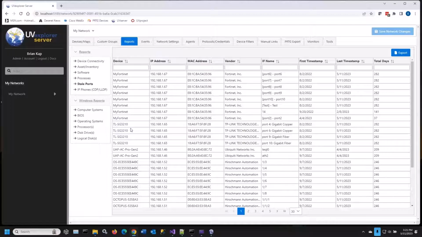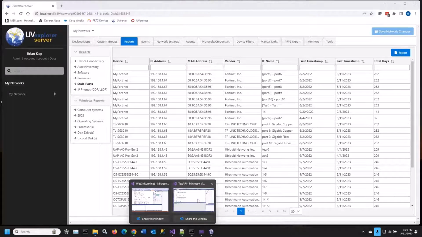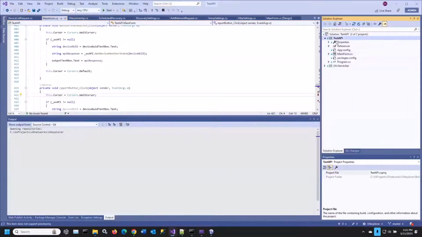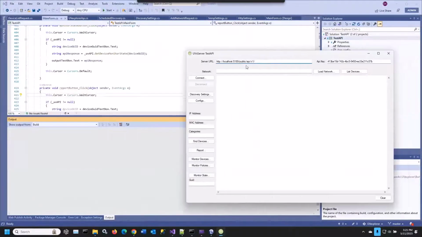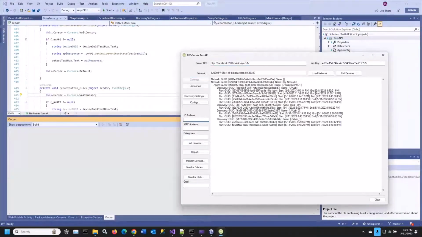But people also often ask us, well, I can see the reports and I can export the reports as straight CSVs. Is there any other way to get to the data? And the answer is yes. The UVexplorer supports a full development API that, for example, this one right here,